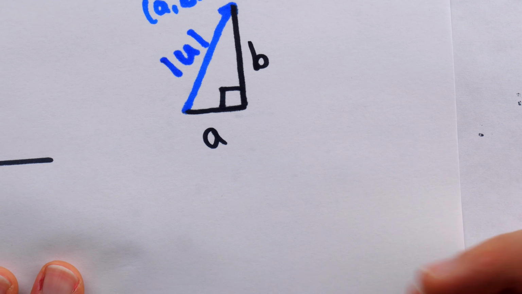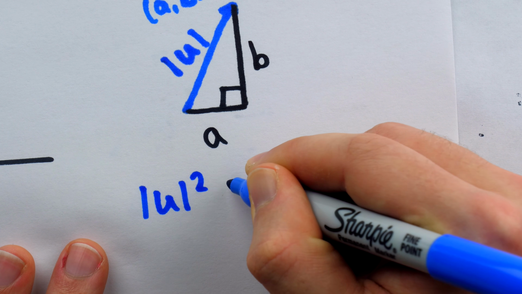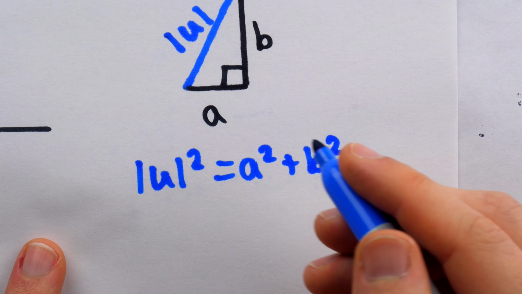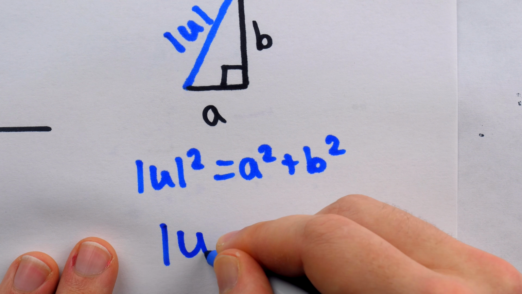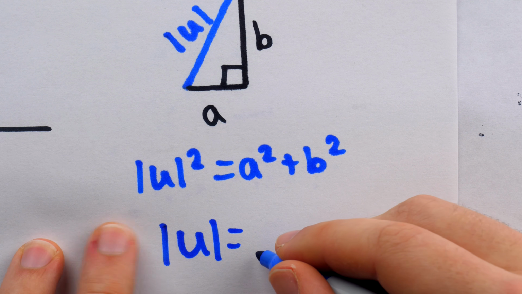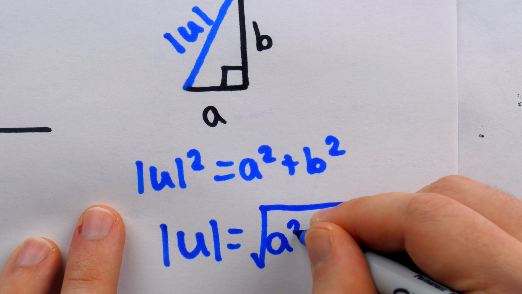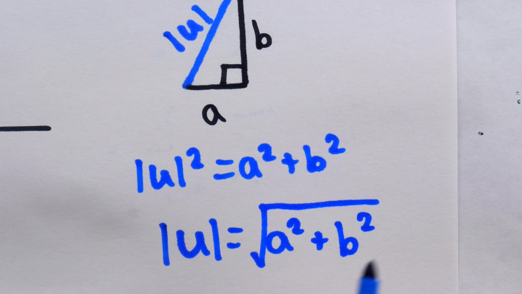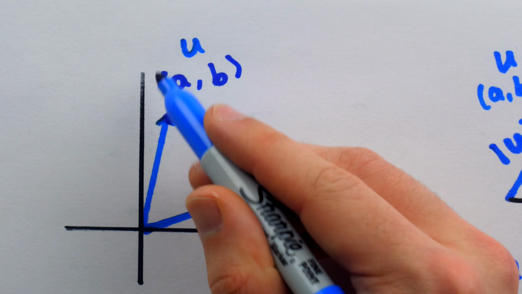So then, applying the Pythagorean theorem, we know that the square of the length of the hypotenuse is equal to the sum of the squares of the legs. And then taking square roots on both sides, we see that to find the magnitude of one of these vectors, we just have to take the square root of the sum of the squares of the coordinates that describe their positions. In particular, the coordinates a and b, of course, describe the position of what we call the terminal point